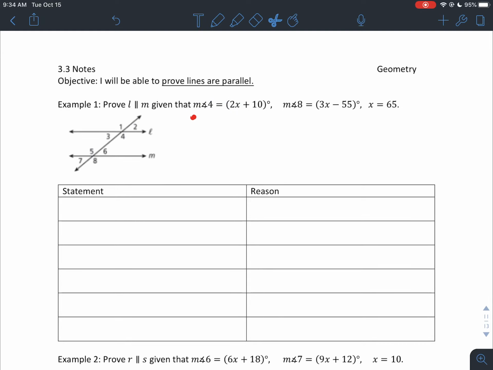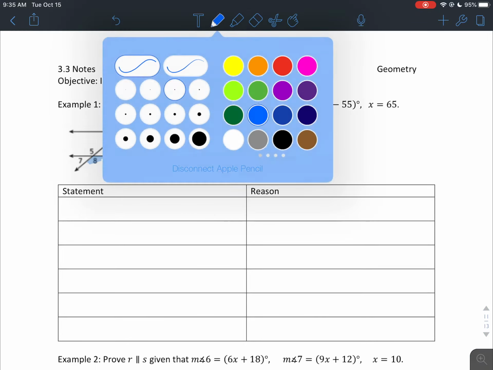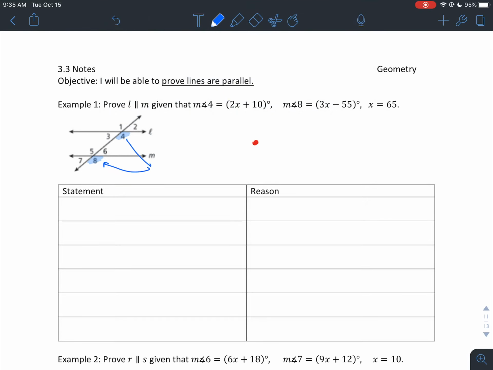Okay, so let's read on. Given that the measure of angle 4 equals 2x plus 10. So 2x plus 10, measure of angle 4, that's going to be right here in my picture. And then the measure of angle 8 is 3x minus 55. So the measure of angle 8 is right there. Oh, and then x equals 55. First of all, looking at those two blue angles,